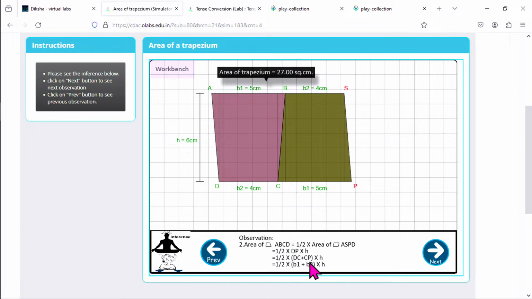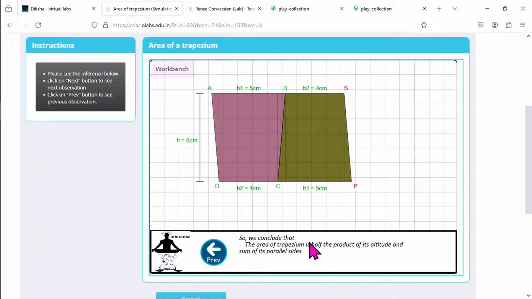We have shown what all steps are required to be performed for finally getting the area of trapezium. Then here is the conclusion. So all the steps are shown, the teacher can explain it, and then students can go through this as many times as they wish to, and by this they will get the complete benefit of virtual labs.